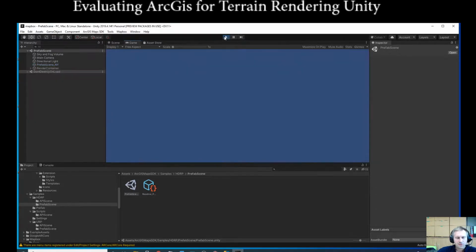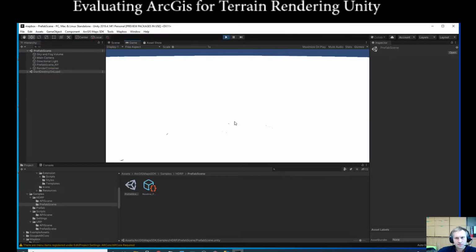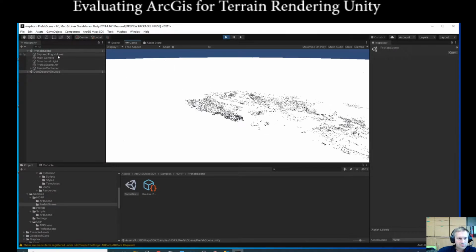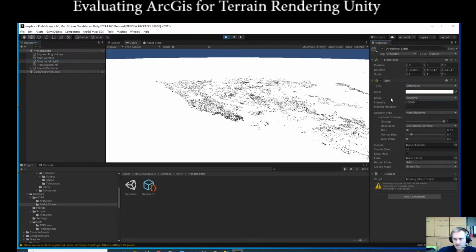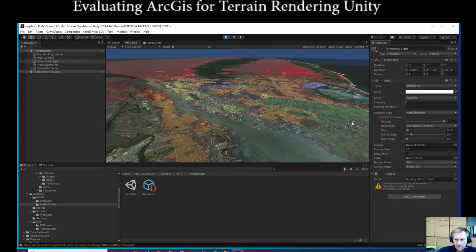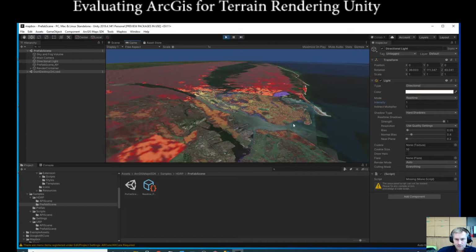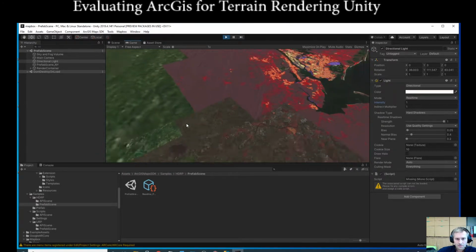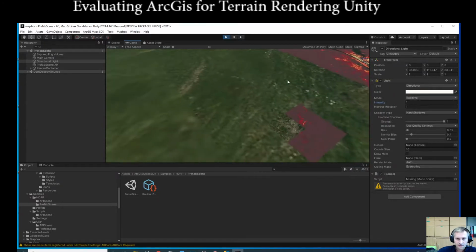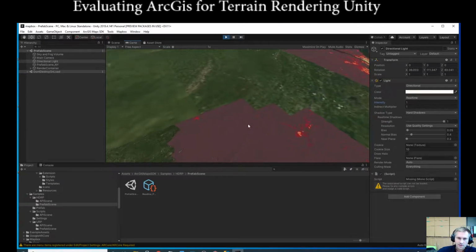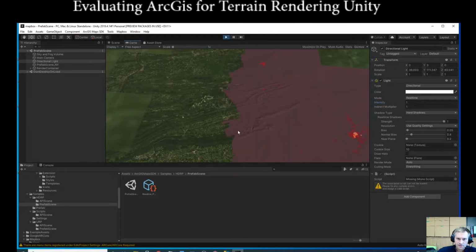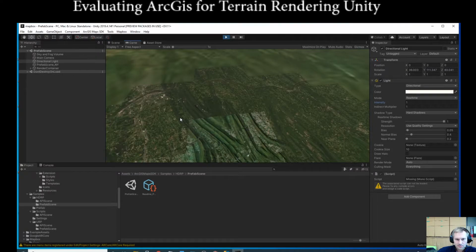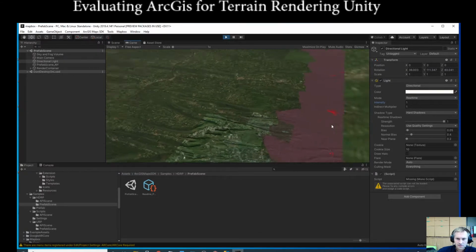So prefabs are objects that are created. I think we might have a similar one. This is interesting because these scenes are all out of the box, so I've had to adjust that, which for me indicates maybe further testing would be required to capture that. As we can see, as I look around,